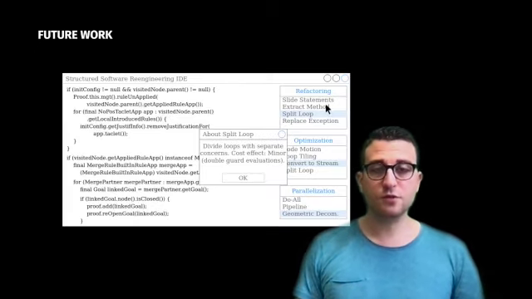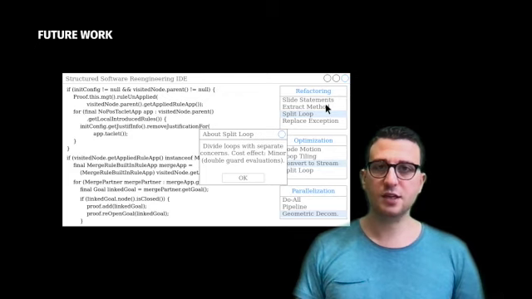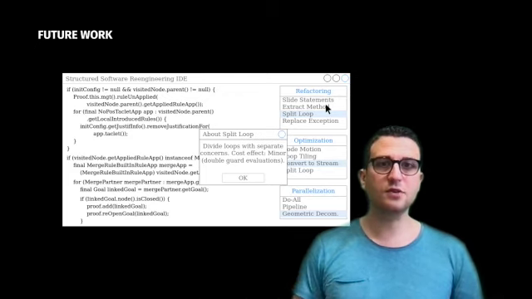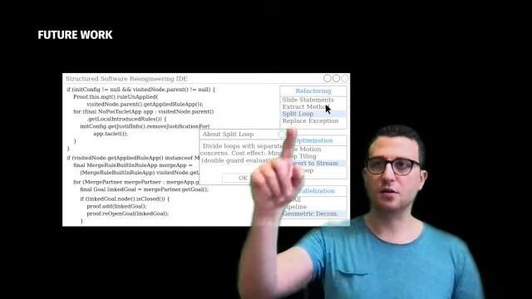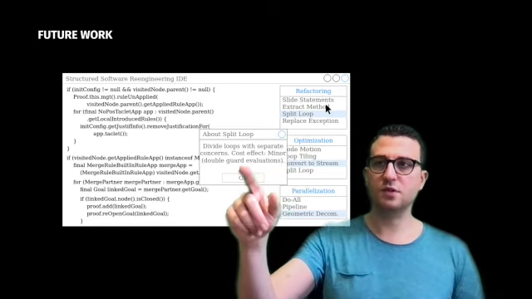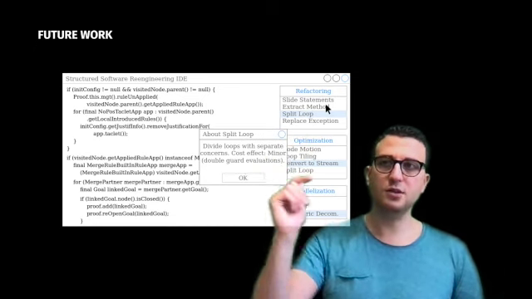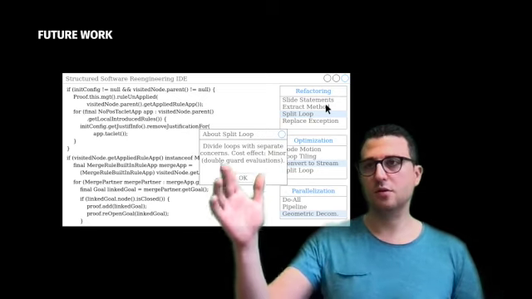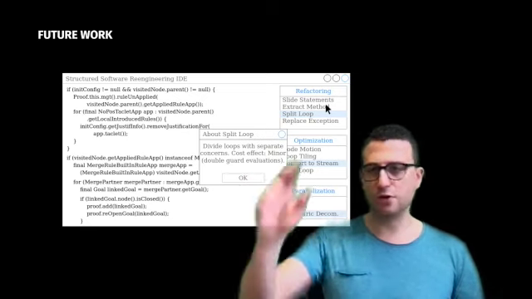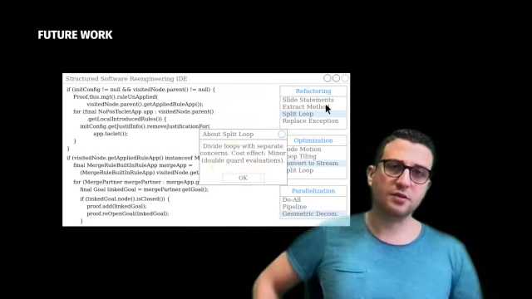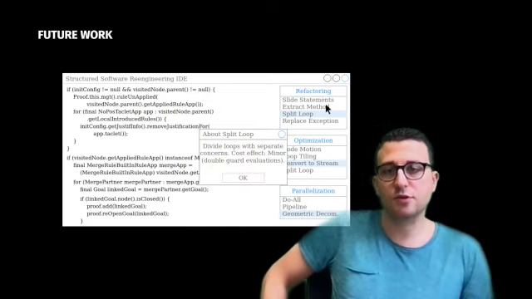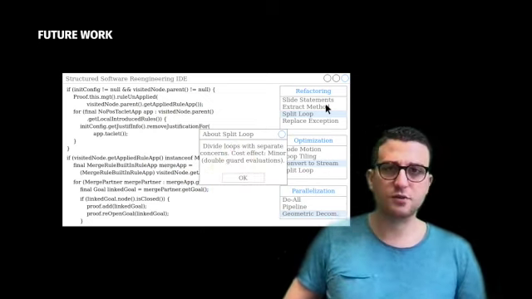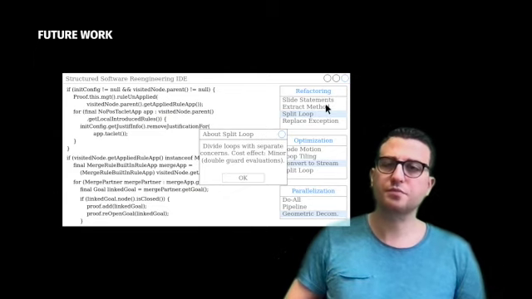There might be more things that are really interesting, and there might be transformations at statement level and what have you. Once we assume that we have such a catalog, we could implement, for instance, IDE support, such that we choose split loop, and then we say that okay, the cost effect is minor, but maybe then we separate the concerns, and then we drag and drop it to our code, and it will only be applied if preconditions match, or we get automated tests, or what have you. This would be quite nice.